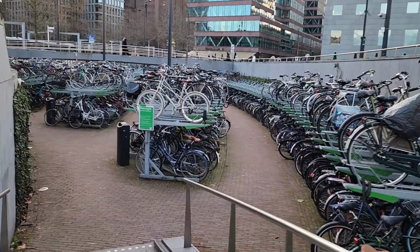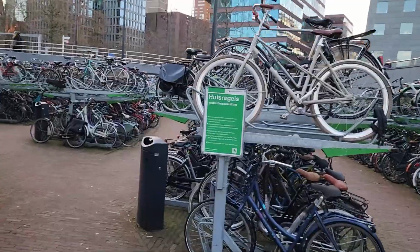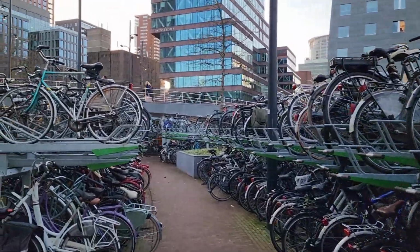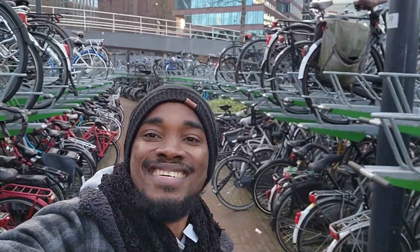The next experience I would like to talk about is the biking experience. If you have a bicycle, you can get around. You don't need a car. Everyone actually rides a bicycle here. Everybody is on bicycles here, and it is quite interesting to see. You would see cases where a woman is riding a bicycle and there's two kids, one at the back and one in the front, and they are well fine. Sometimes when I see them, I'm really scared they could fall, but it's like they're professionals. Everyone is just biking,